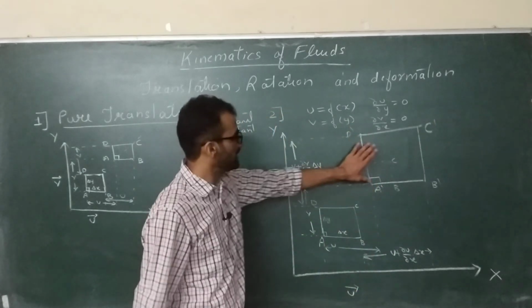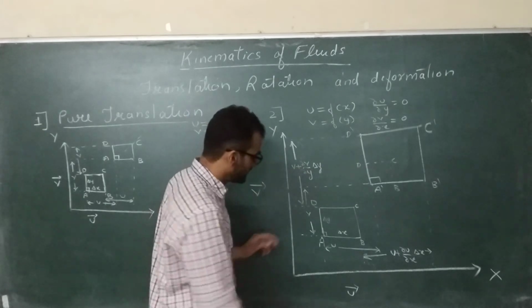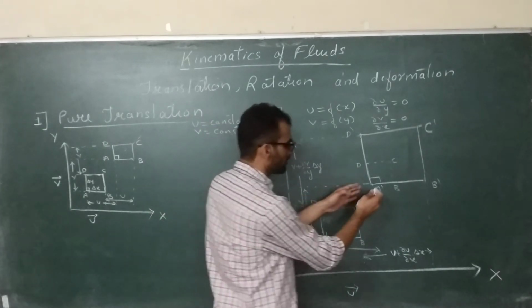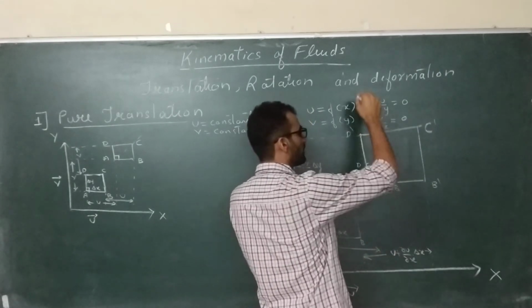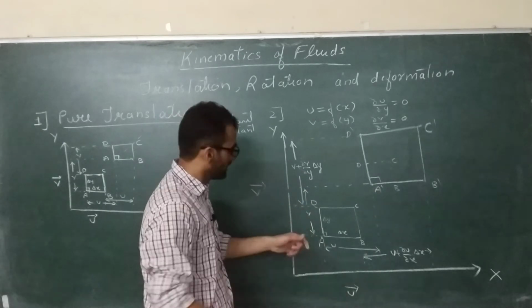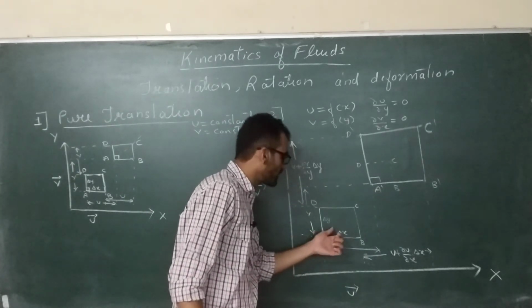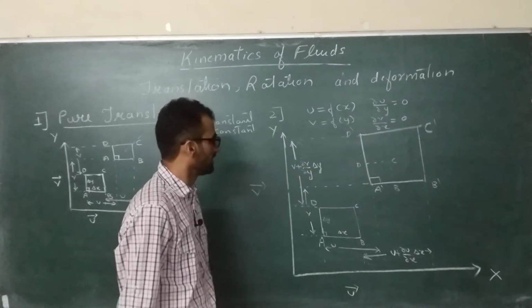Okay, so this will be your final situation in unit time. In unit time, this element will deform in such a way that its segments will elongate linearly, but they will not rotate, they will not deform. Their included angle between two mutually perpendicular axes will remain 90 degrees only. Okay, now this case,